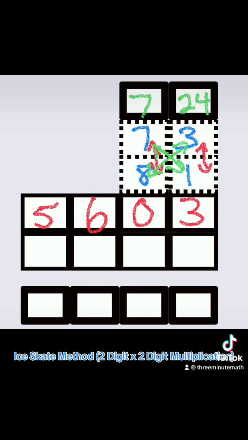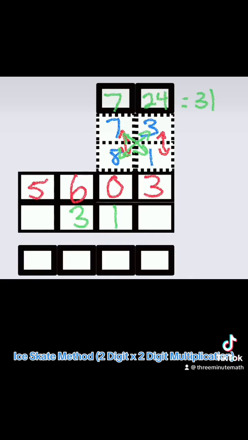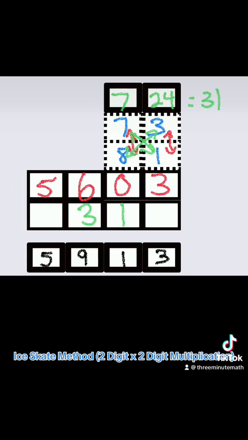Next, we cross multiply. 7 times 1 equals 7. 8 times 3 equals 24. 7 plus 24 equals 31. We bring that answer down. You may notice that when I bring 31 down, I leave a box blank. I'm going to explain that in a little bit. Now we just add the numbers through, and we'll end up with